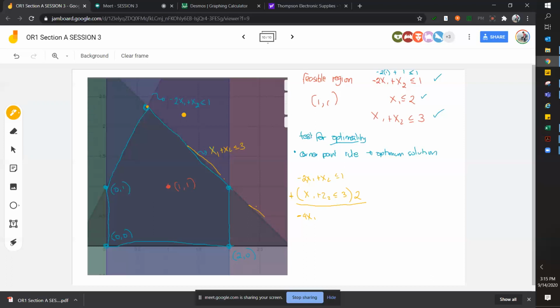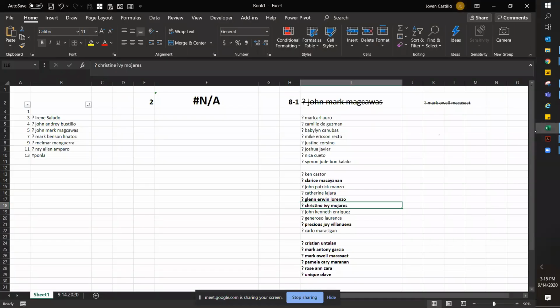So, if I plus it here, if I put a plus sign, ano mangyayari? Mawawala. Di ba? Parang negative 2 plus 2 x1. So, 0. 0x1. Or just put it blank. Agree? So, what remains ay ito. X plus 4x. So, we have 5x2. Sorry, x yun. Less than or equal sa 1 plus 6. 7. X sub 2 less than or equal to 7 over 5. 7 over 5 is